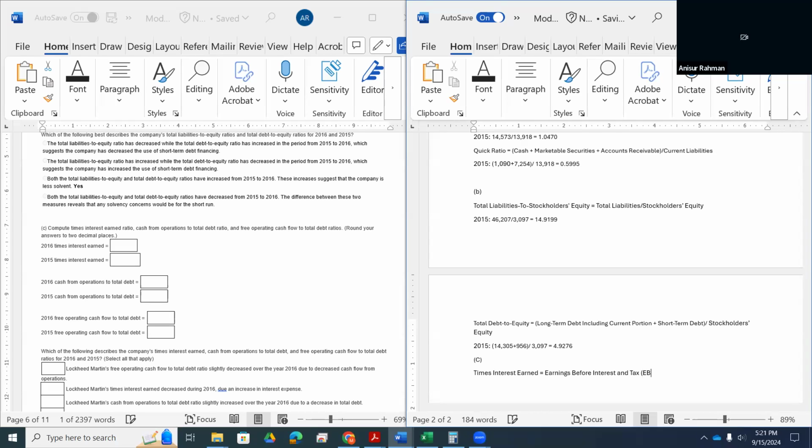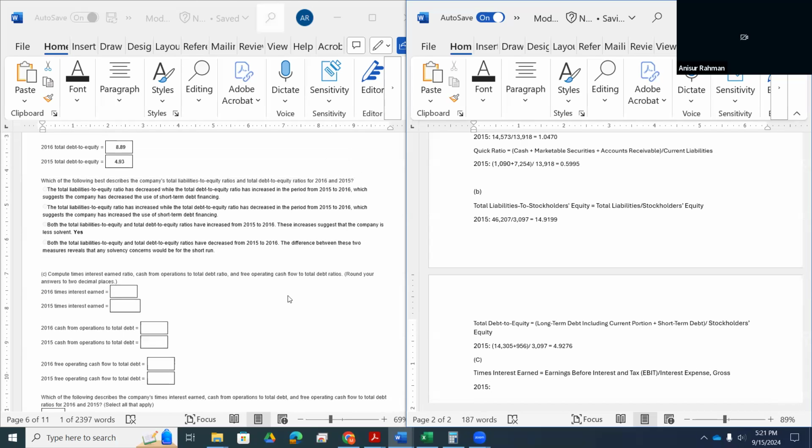It is also called EBIT, also called operating profit, divided by interest expense. So for 2015, earnings before interest and tax,